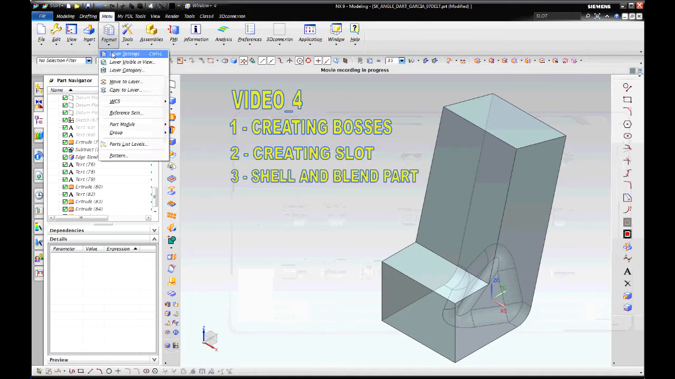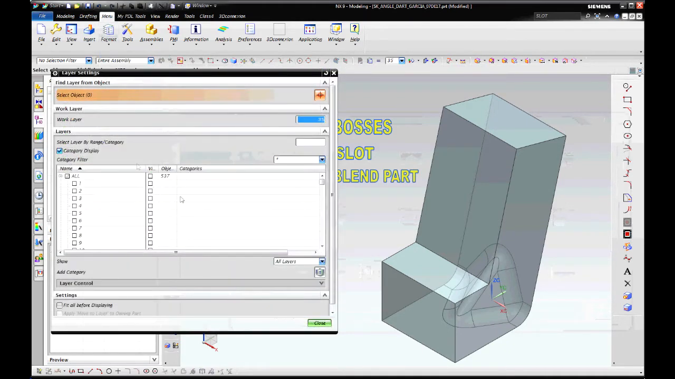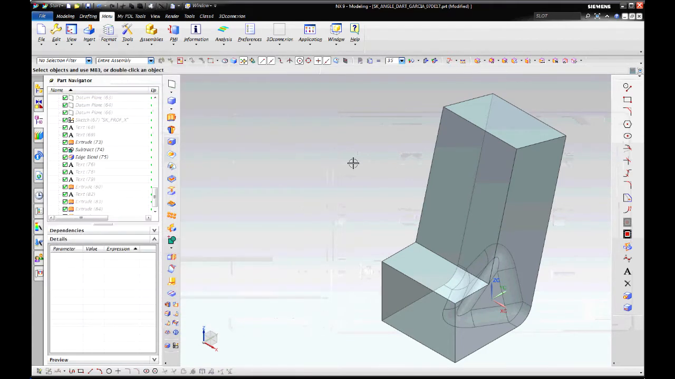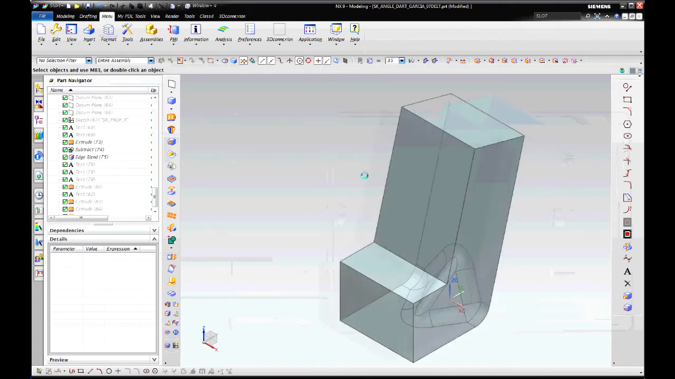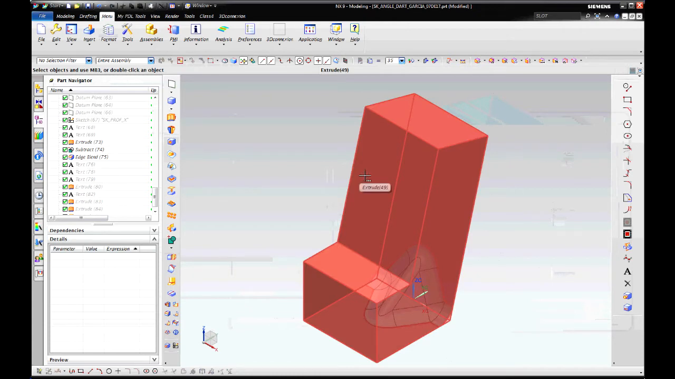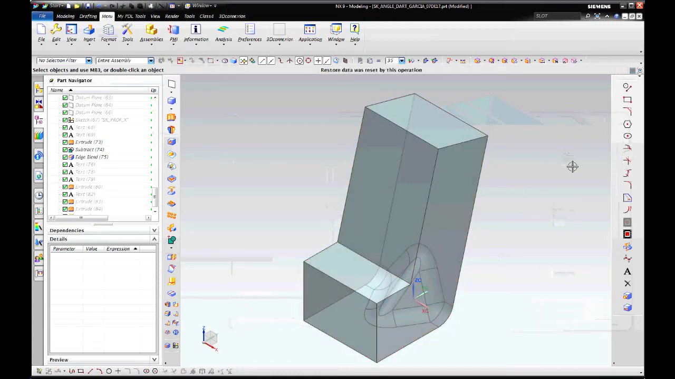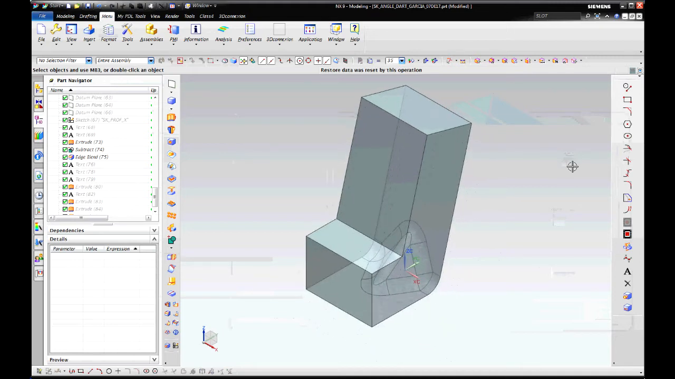We're going to go under Format, select Layer Settings. I'm going to scroll down to where I had the labels for this video 4, turn it off. For our convenience, I have removed the datum planes, placing them on a different layer, as well as all the sketches. So now that we have a clean part,